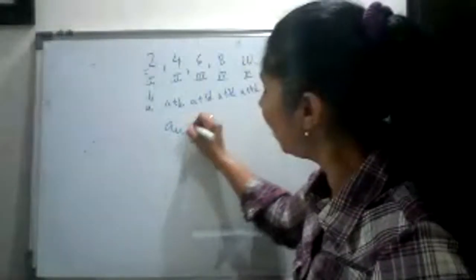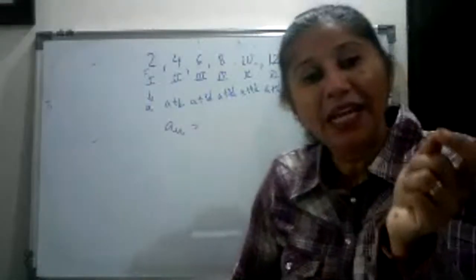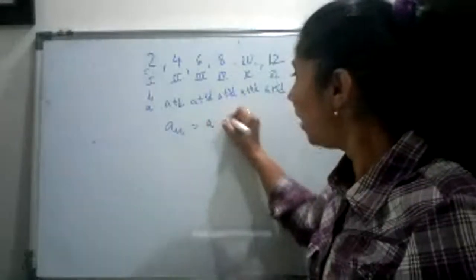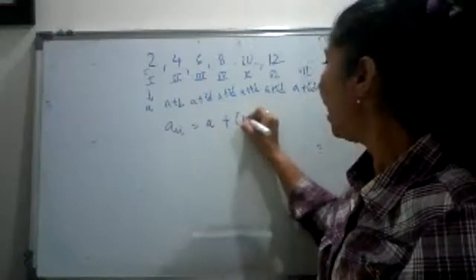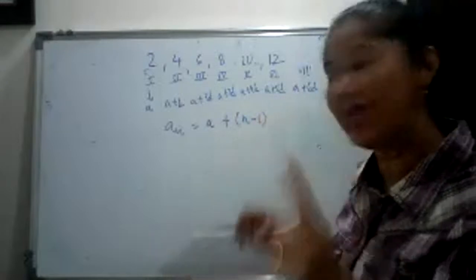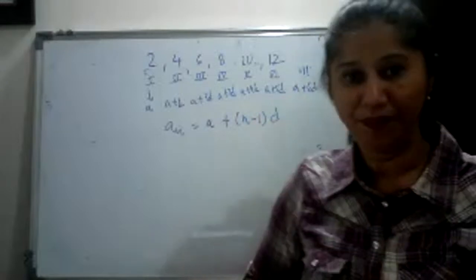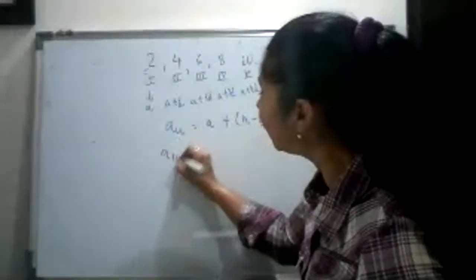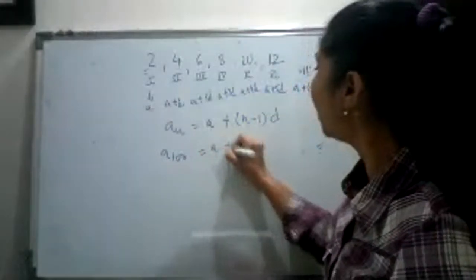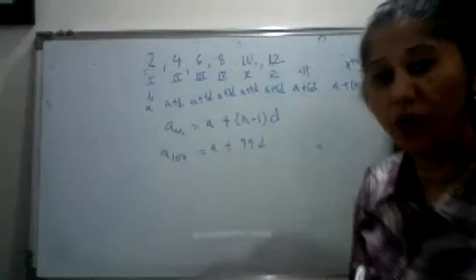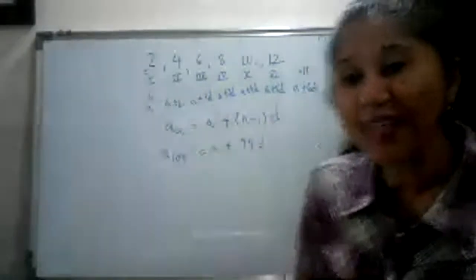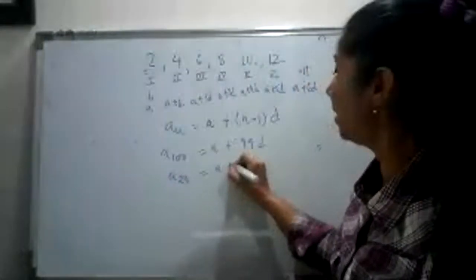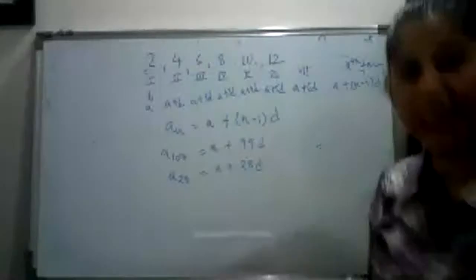And that's why we make up the formula that an, यानी कि nth टर्म, is equal to a यानी कि फर्स्ट टर्म प्लस n माइनस वन, जितनी टर्म्स है उससे एक कम, इनटू d। ओके यस प्रथमेश, yes you are right. तो मैंने जैसे कहा कि 100th टर्म, तो 100th टर्म क्या होगी, एक कम। ओके सपोज मैं कहूँ 29th टर्म, तो 29th टर्म क्या होगी, a29 होगी, a प्लस यहाँ एक कम, 28 d।